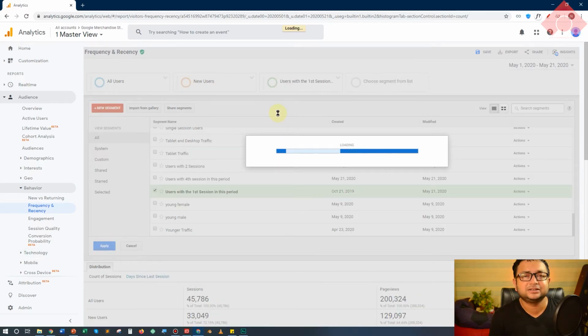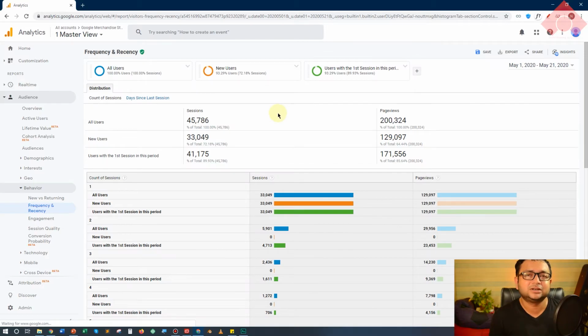This segment is of all the users for whom the current period mandatorily had the first session. Therefore, if a user made a visit to this website for the first time in a certain period and also made subsequent visits to the website, this segment will be able to find that for you. Let me explain how this will work.